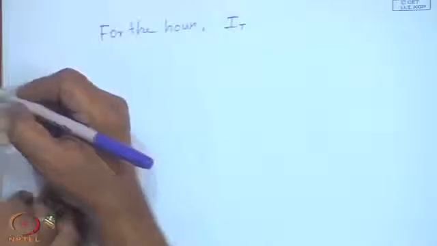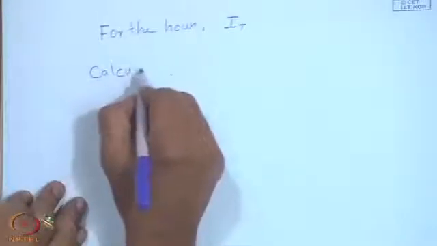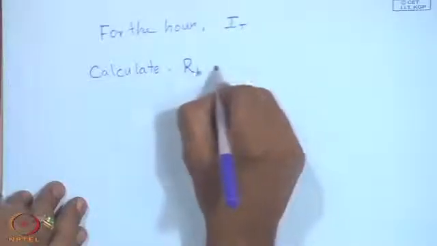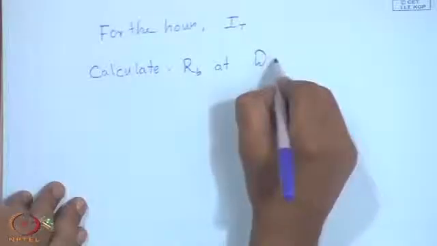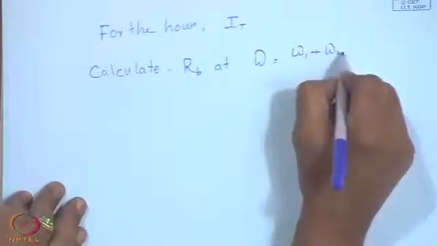Instead of G T, it will be I T. Calculate R B at the midpoint of the hour,